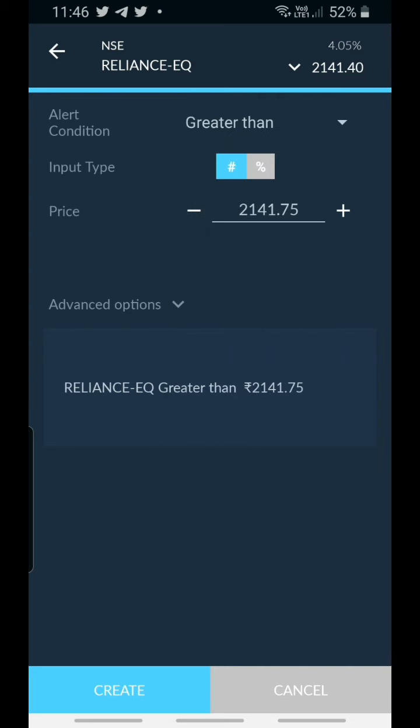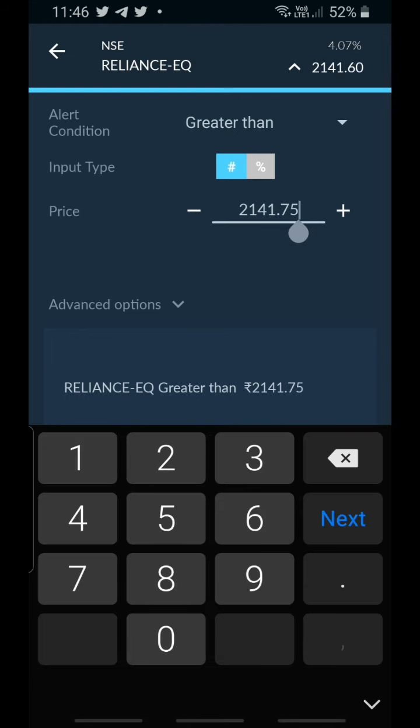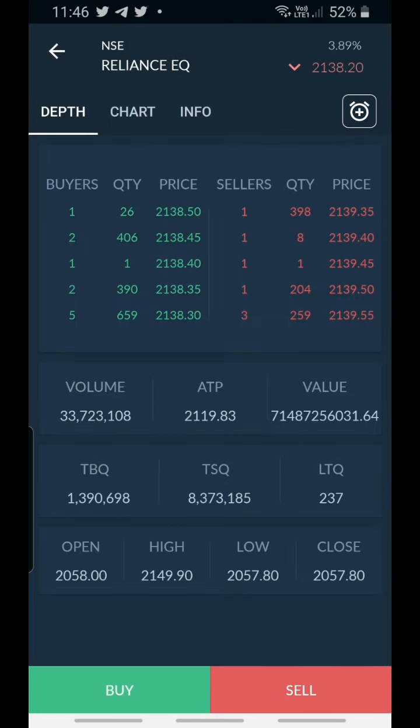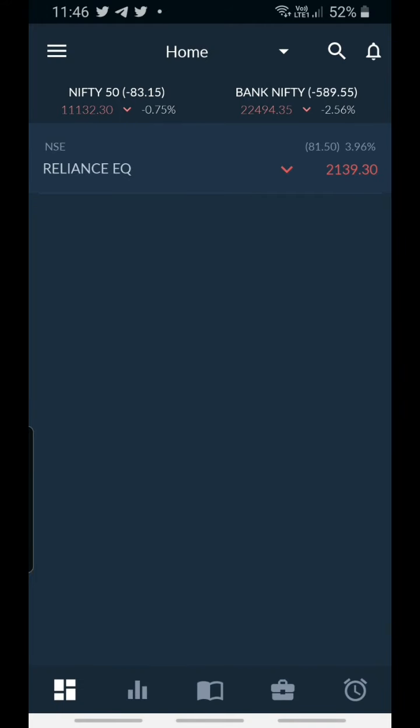Let's say if I click here, you can also keep it in percentage. If the current market price is 2140, then you can keep any price that you want and then you can create the alert. Once that price is crossed, Asta will send you a notification that the price is crossed, right? So this was about the alert thing.